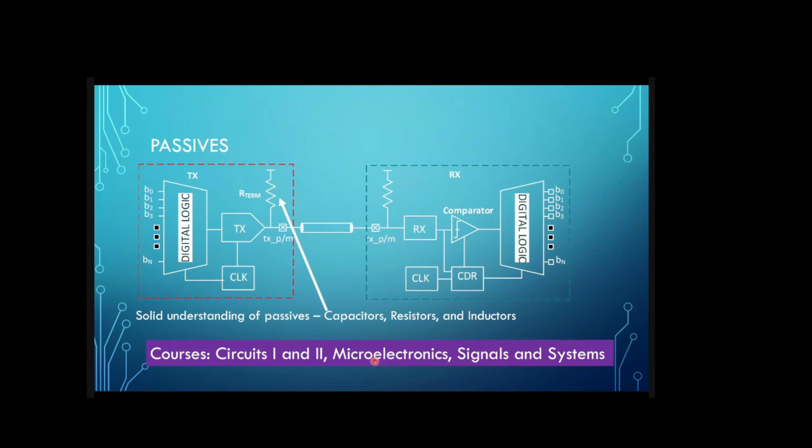Frequency transform, Fourier transforms, frequency domain to time domain. I can write down a capacitor in the frequency domain. I can write down a capacitor in the time domain. Same thing for a resistor. Same thing for an inductor. What is the difference? Why are they different? What are their responses to the system? How should they look? These are very important understandings. Once you have them, that's a really good place to start.